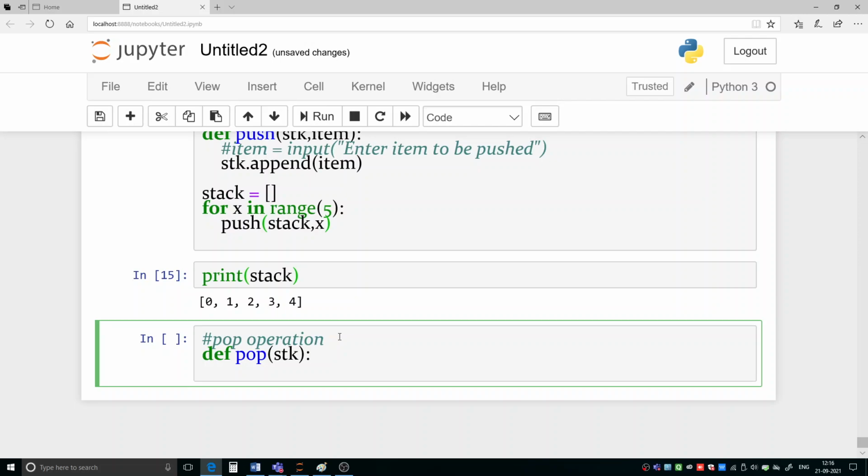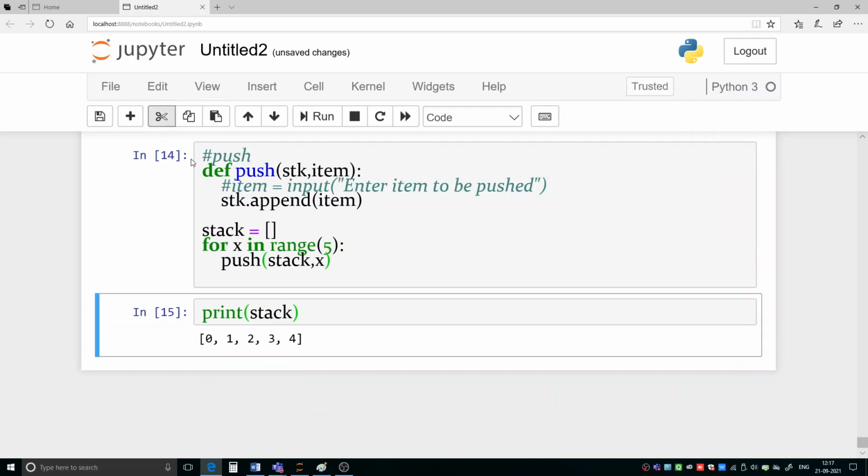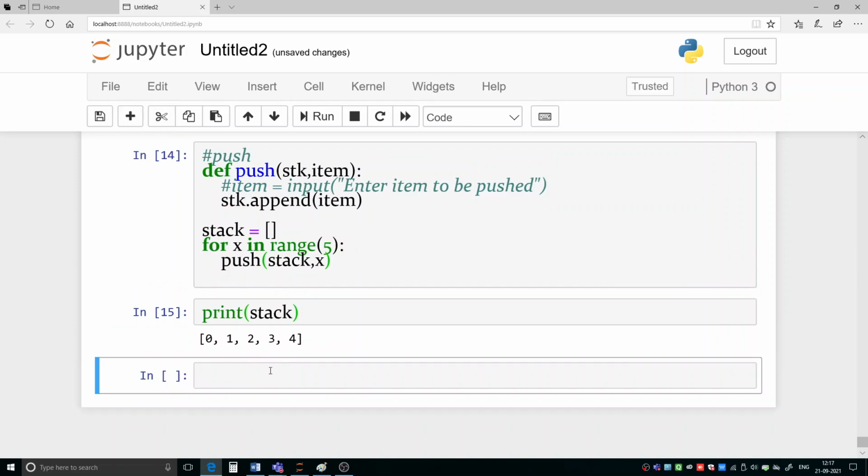Then before writing this, before defining the pop operation, one very important function we need to learn. First of all, we have to check whether any element is there in the stack or not. If the stack is empty, then no popping is possible.